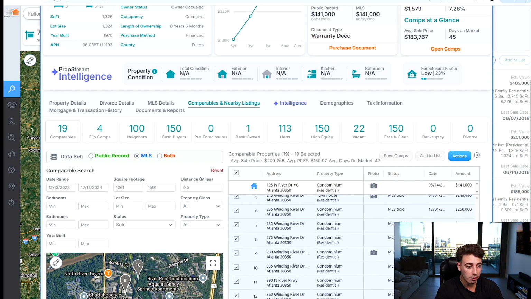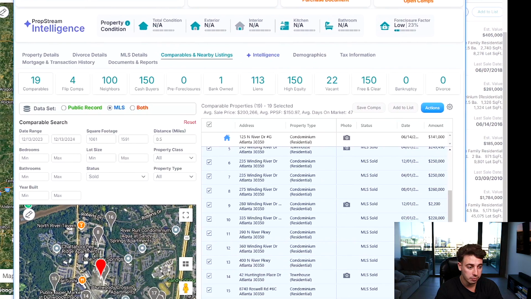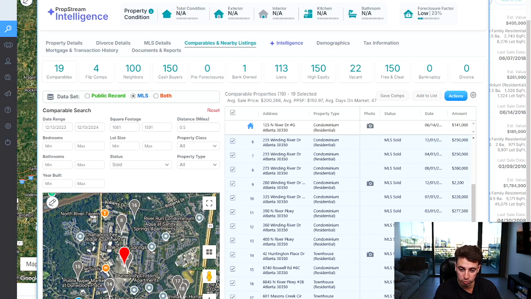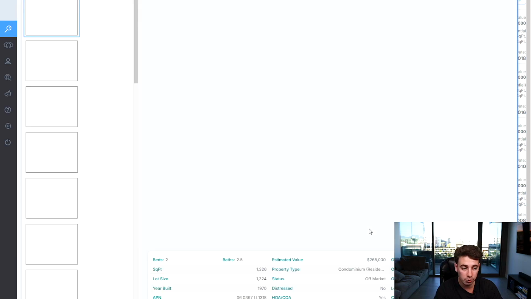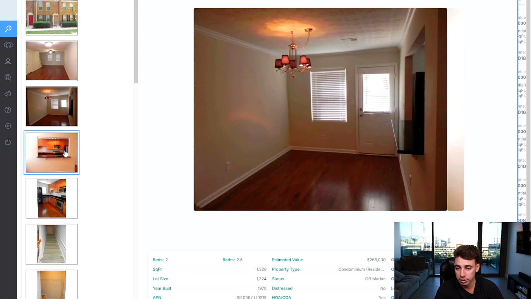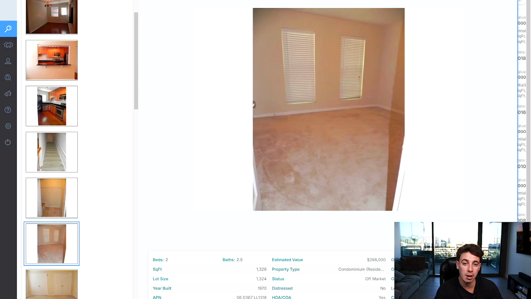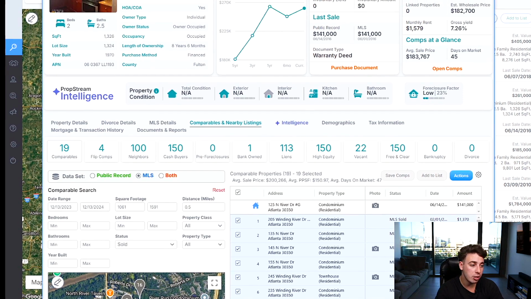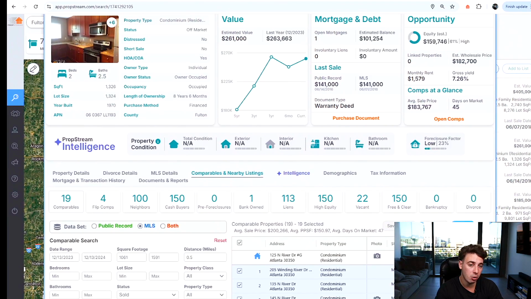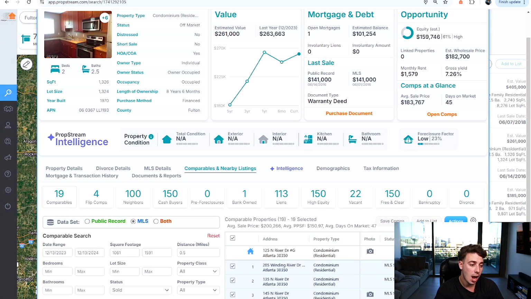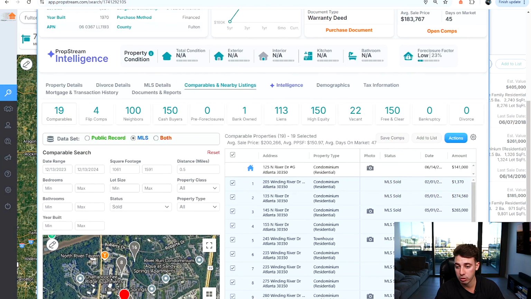So as you can see, I've got all these comps right here on the right hand side, and it shows me this one sold for $250, this one sold for $249, and I'm going to be able to look at the photos of these properties to see if they're good comparables, and then from there I'll be able to calculate my offer. So if you're struggling to figure out what properties are worth in order to offer the seller an accurate offer for their property, I highly recommend you use Propstream because you're going to be able to get all